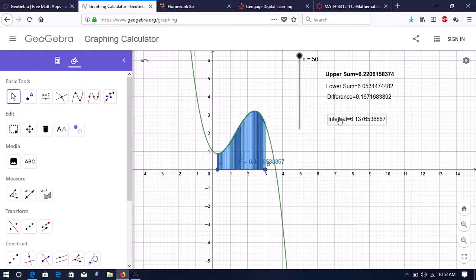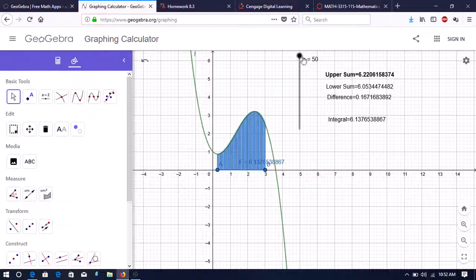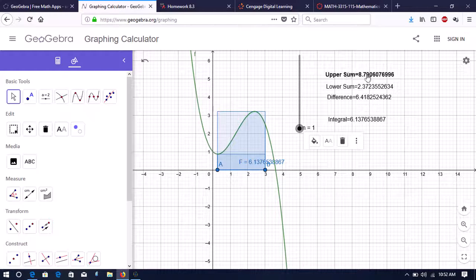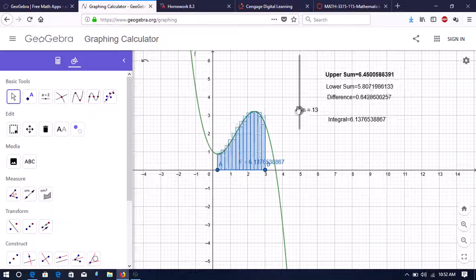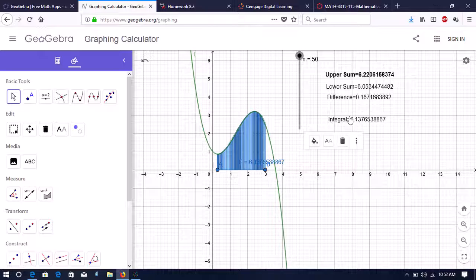So, as you can see, as we start at 1, we're quite a bit off of what the area is. And as we get closer and closer to, in this case 50, we're getting a whole lot closer. The integral is 6.137, 6.05,